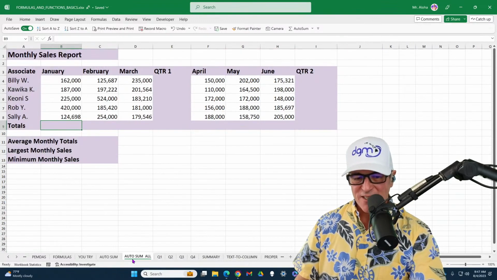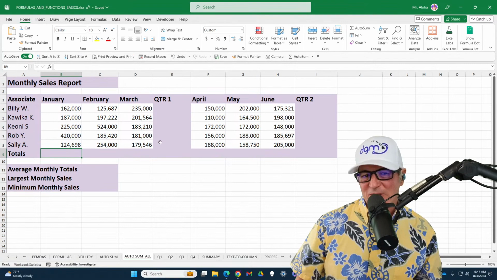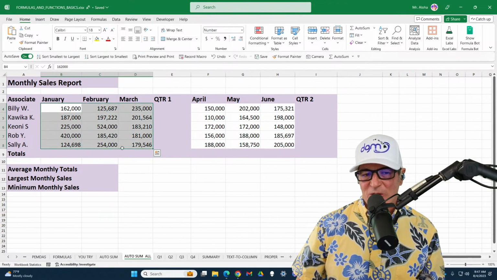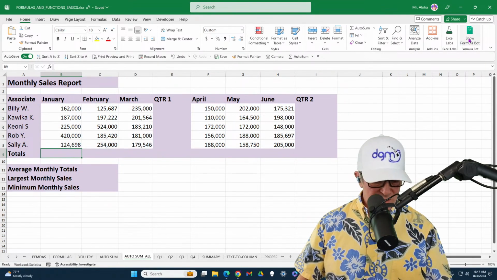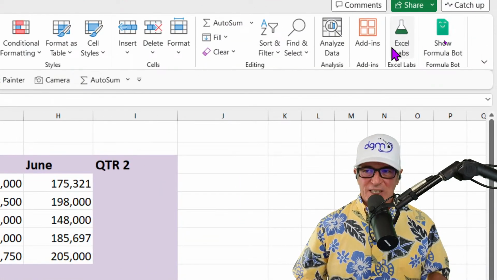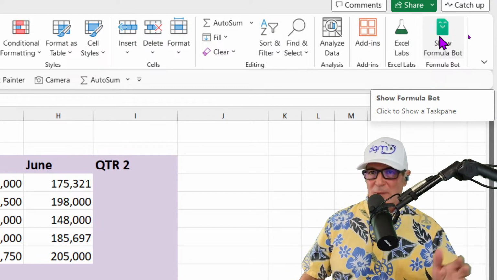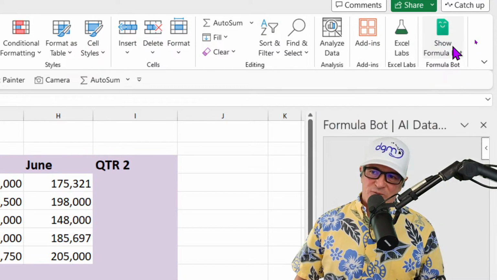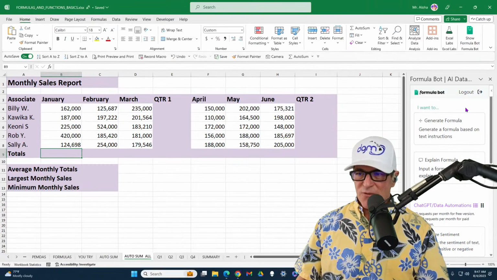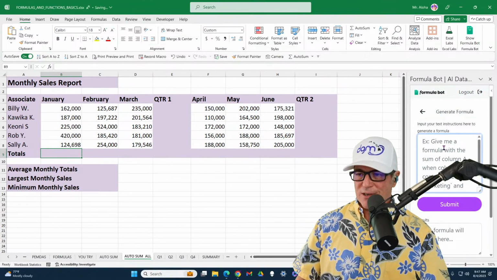And then we're going to get into using a little bit of artificial intelligence to help us with our calculations. I'm going to show you the Excel formula bot. There are 2 add-ins that I like. I like Excel Labs because I get to test out new things coming out from Microsoft. And then the formula bot. With the formula bot, I can just say, hey, generate a formula. Like,